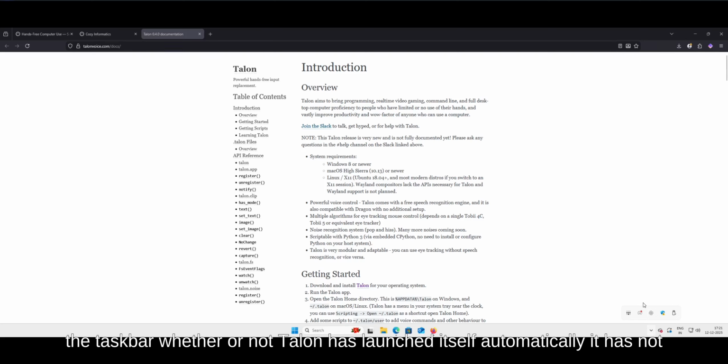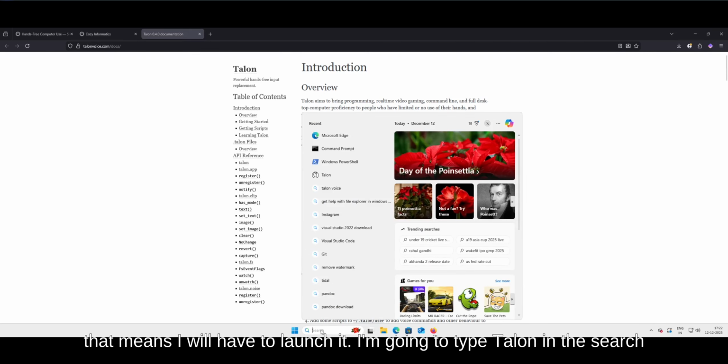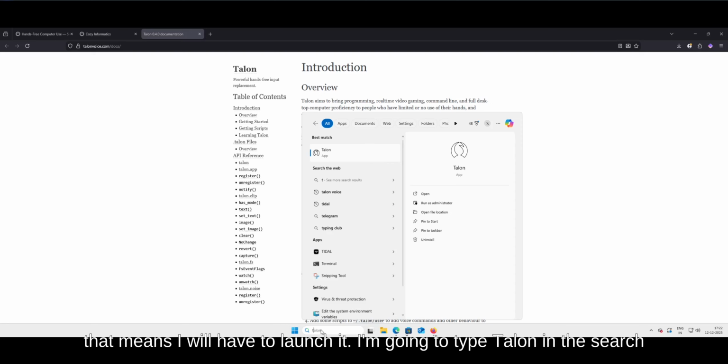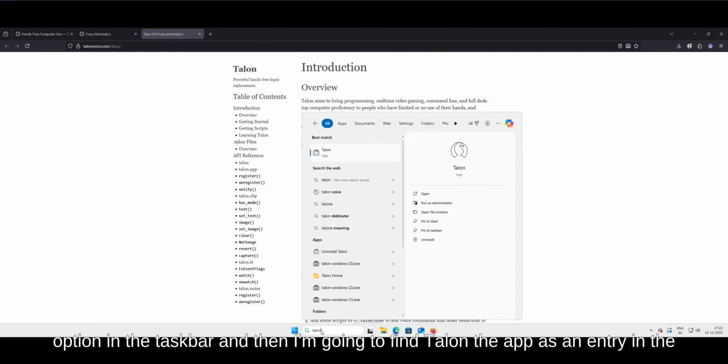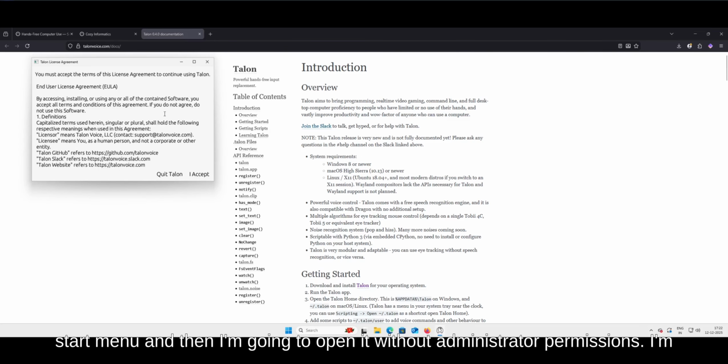It has not. That means I will have to launch it. I'm going to type Talon in the search option in the taskbar, and then I'm going to find Talon, the app, as an entry in the start menu, and then I'm going to open it without administrator